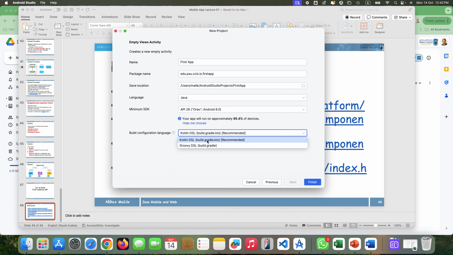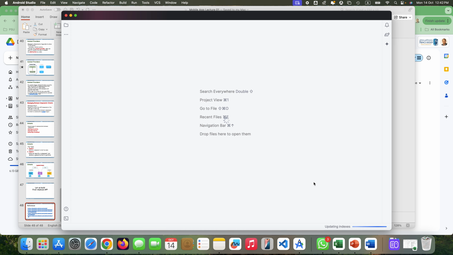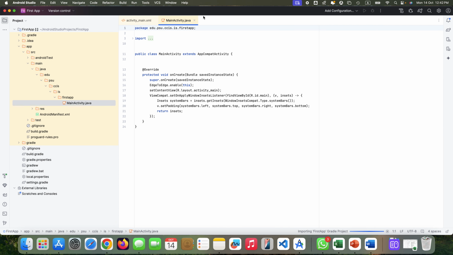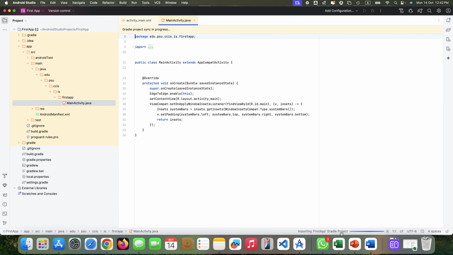I would say DSL, or it doesn't matter. If you go for that, again, that's also possible. That's more like an older version, that's more Java based, but it doesn't matter. Okay, I select the older one so that we can still remain in the Java world. And then when I finish it, now it has created, and now it is trying to manage those files, importing the first Gradle project, and then trying to create that project for us. And once it is done, I will